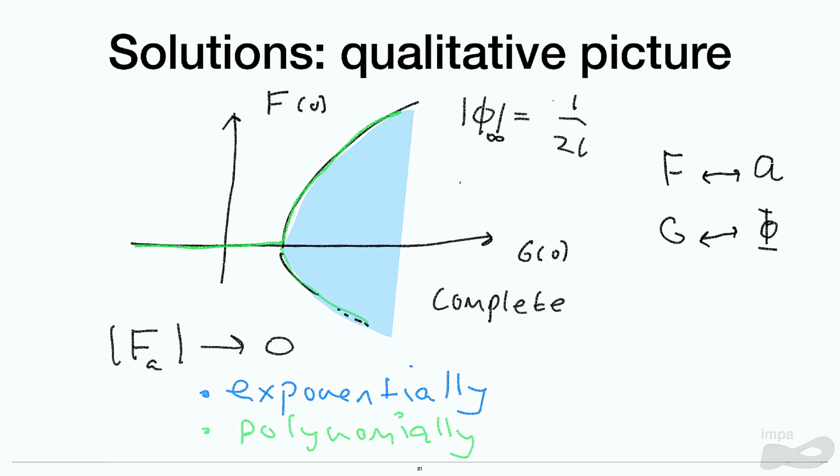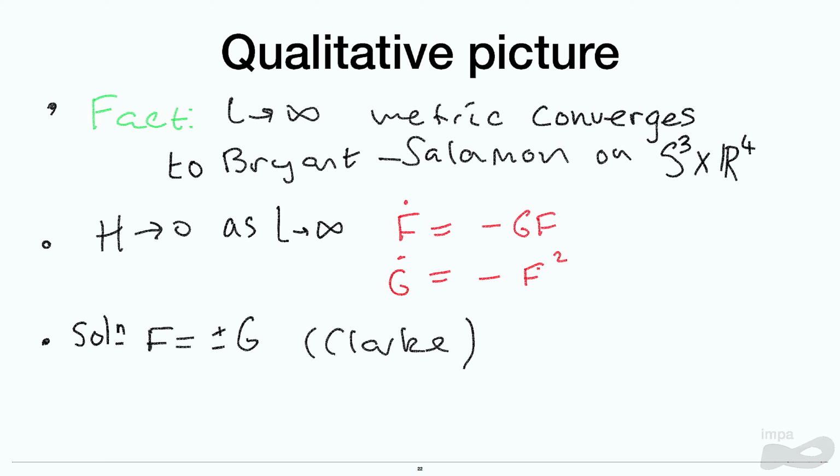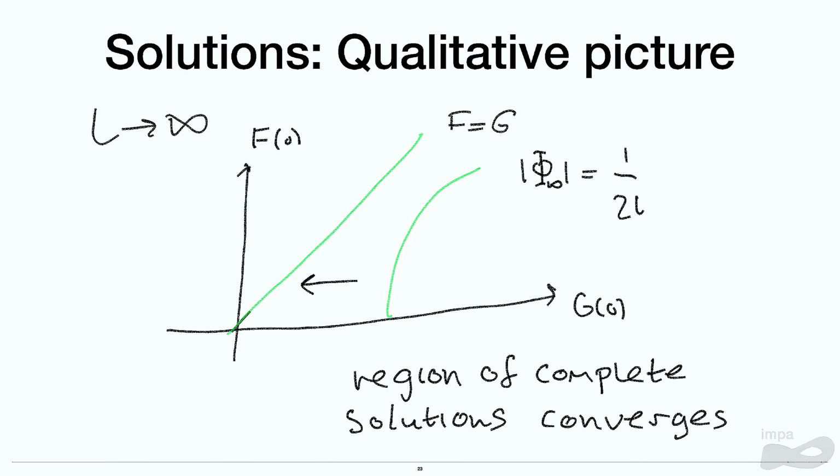does converge to a region that's bounded by this Clark solution. Remember, the Clark solution isn't a solution on B7, it's only a solution in the limit. But you do get this convergence of the region of solutions. Okay, so that's nice that you see that something's happening here, that you're getting the solution out of a family of